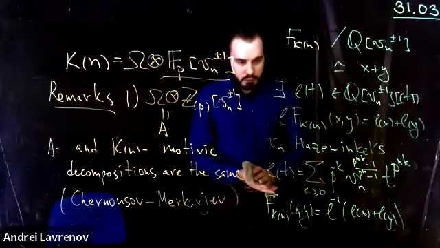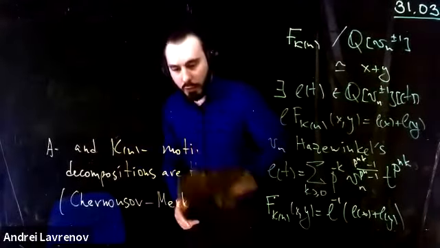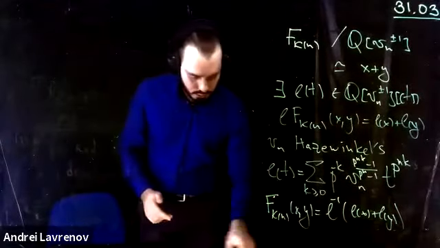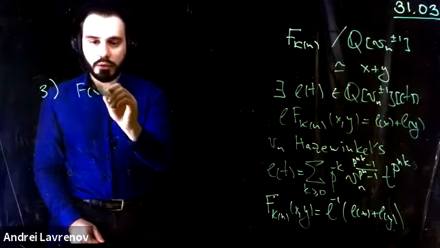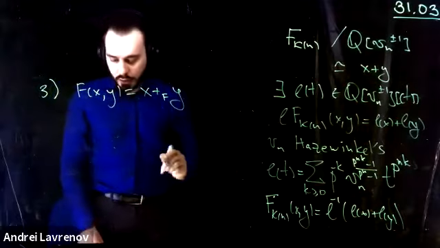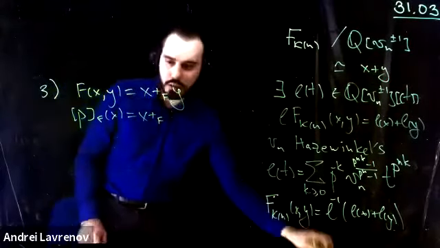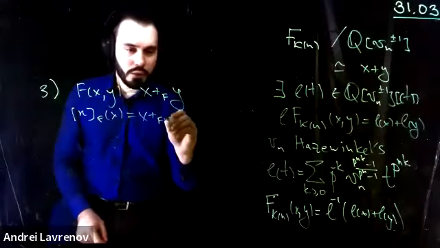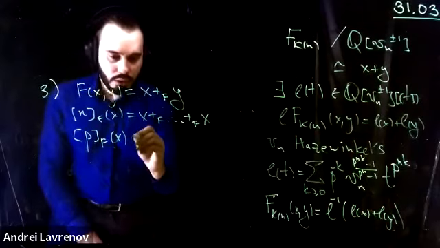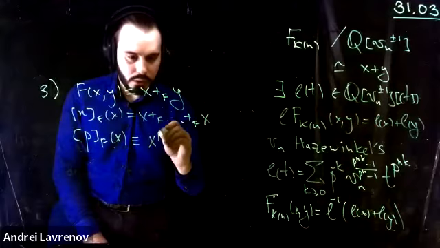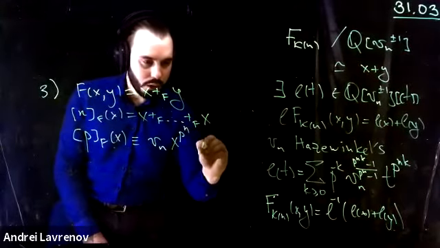And also, I would like to mention that using this description, one can prove directly that, if I denote the sum taken p times by this, and the p-series, then it's not hard to show that f of x is in fact x to the power p^n, and here also v_n, modulo p.